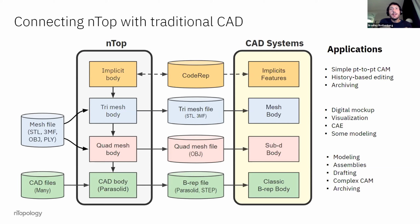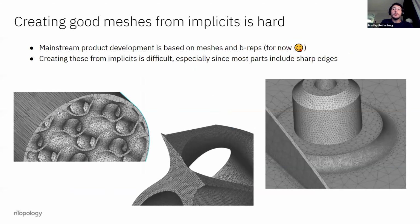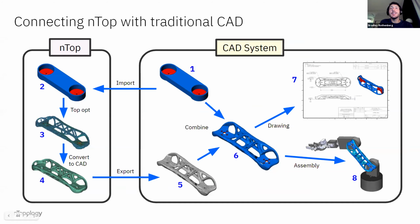And there's a number of ways. The worst way to do it is take the implicit and actually have to tessellate it or come up with the boundary, a BREP from the implicit, and then just put that BREP back in the CAD system. There are other smarter ways this can be done, whether it's having the implicit rendered with the CAD model, or having a BREP that represents just a boundary, a dumb kind of body, but has properties associated with it. But there's a whole realm of problems in terms of incorporating nTop with traditional CAD, right? One pipeline we have, which is a little insane, is generate the part, tessellate it, come up with a BREP, come up with surfaces,